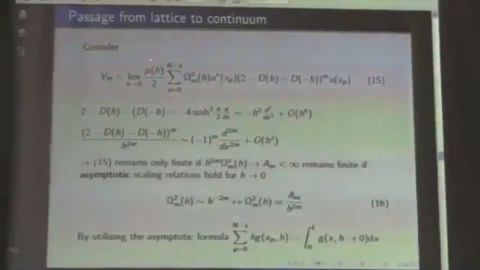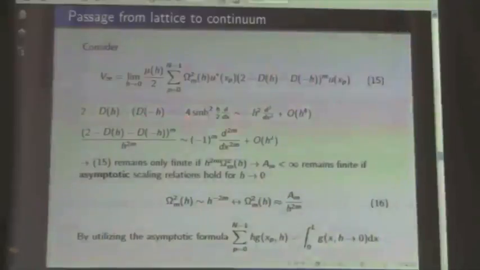Here we have the scaling of the mass, we know it already, and the only condition which we can impose is that this characteristic coefficient of frequency must have a certain scaling behavior to keep it finite. So here, the second difference of order m, when we consider it as an operator function,